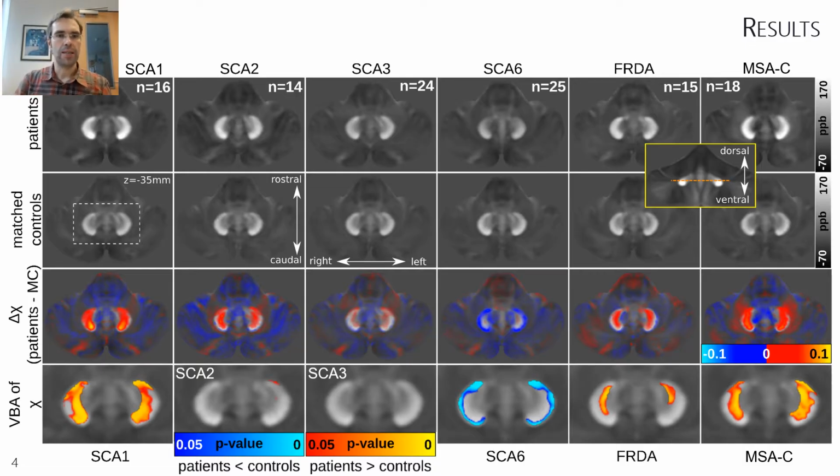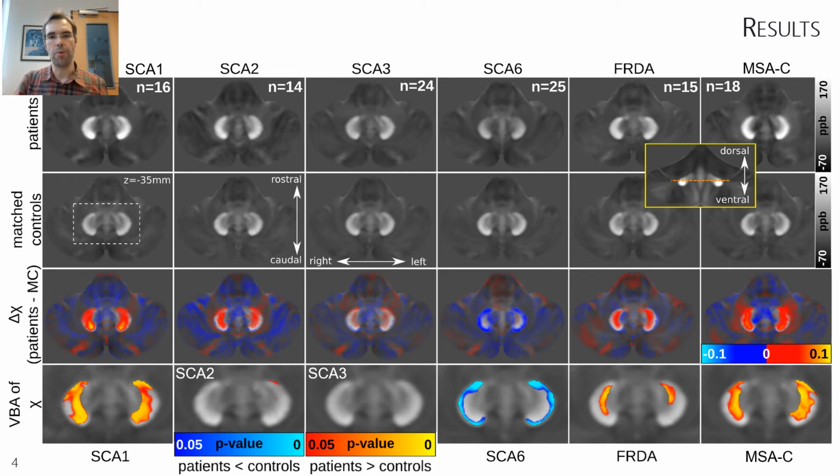Here we see an axial section of the dentate nuclei showing the results of the voxel-based group analysis between individual ataxia subgroups and their corresponding controls. The first 2 rows show the average susceptibility maps for the patients and the corresponding control groups. The absolute difference between mean susceptibility maps between patients and controls, as well as voxel-wise statistical comparisons, are shown in